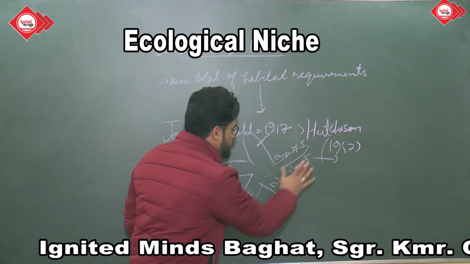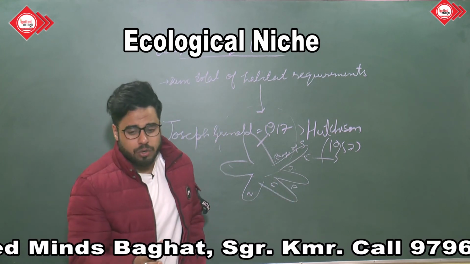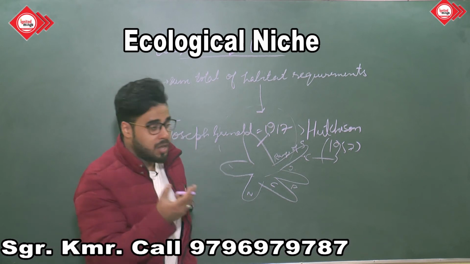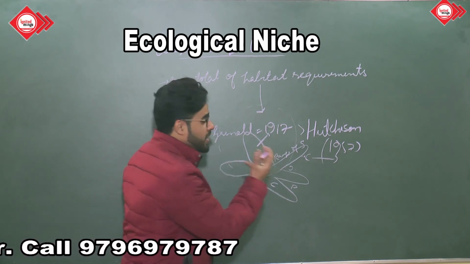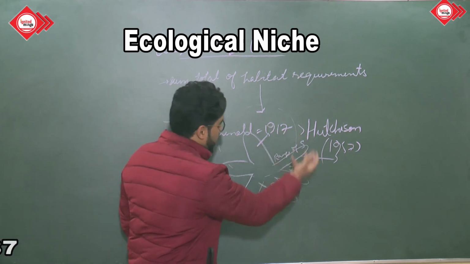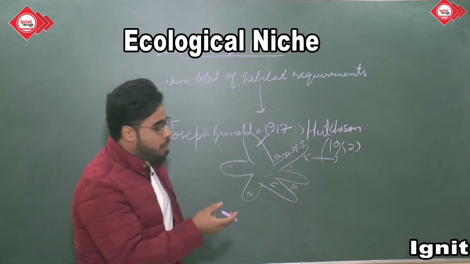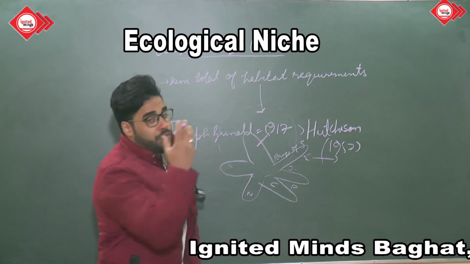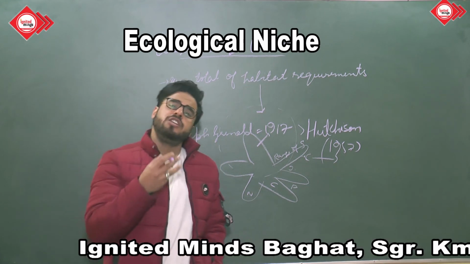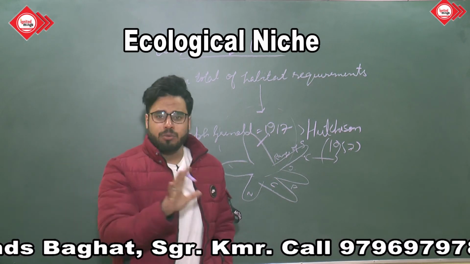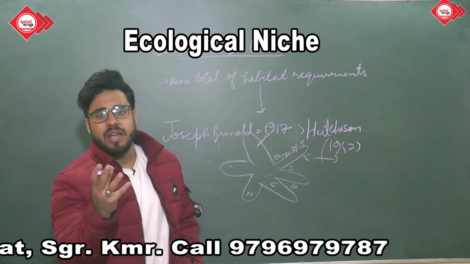Multi-dimensional approach like the range of temperature, availability of nutrients. Some nutrients are needed by some plants, and they are very essential. So what are those nutrients, what is their range, what macro resources and nutrients does it need, how much sunshine it needs, precipitation, how much water, how many frost-free days. So the niche of a plant has many dimensions. So this is a hypervolume. The concept is the same: what requirements it needs.